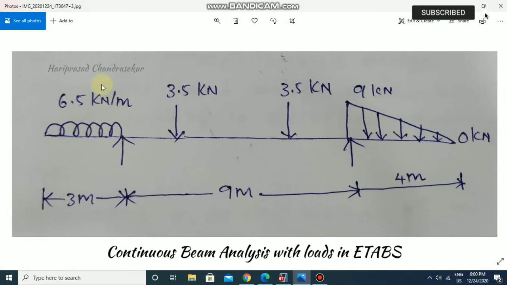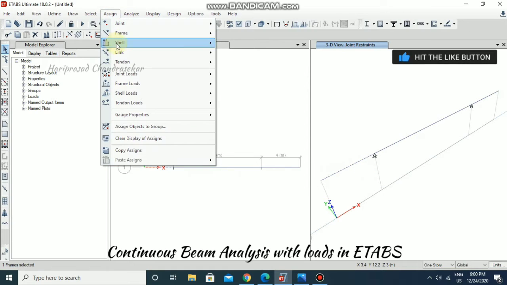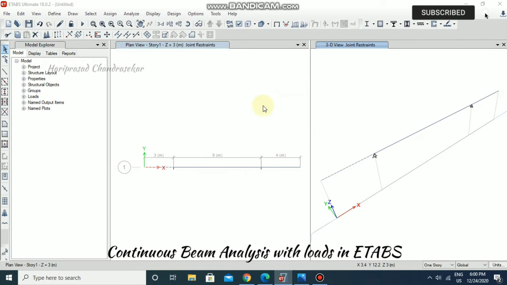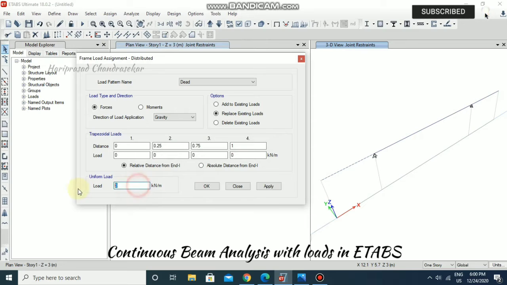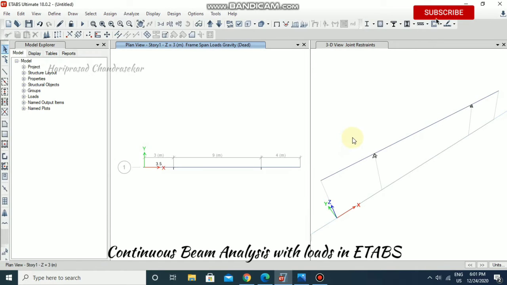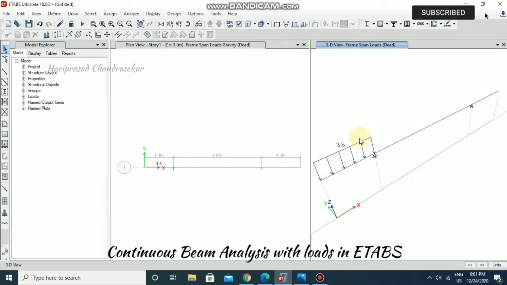Now we can go for assigning the loads. Just select the beam you want, assign frame loads, distributed. So 3.5, apply. Okay, it is not visible, you can click this option so it will be visible.